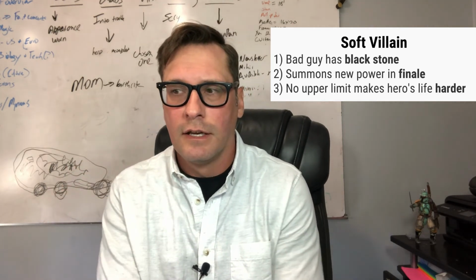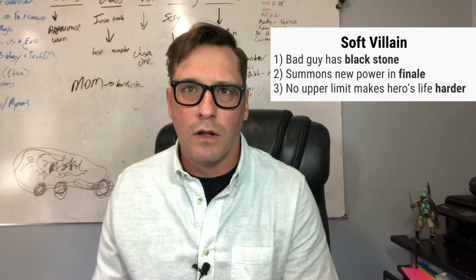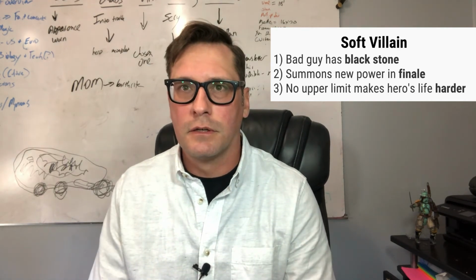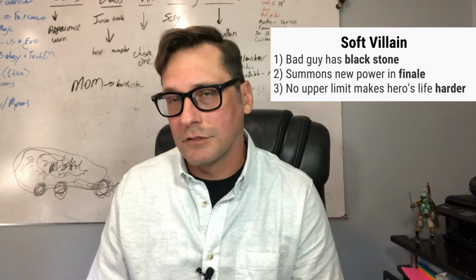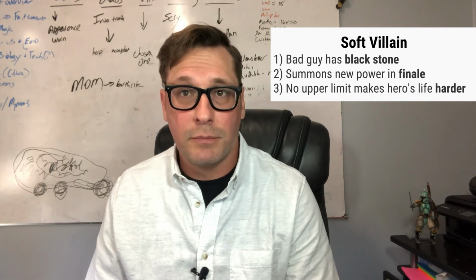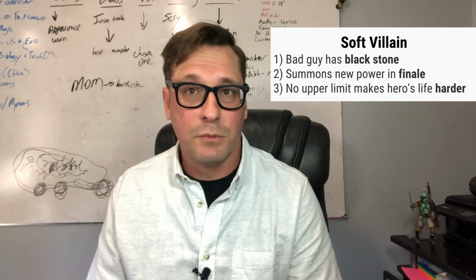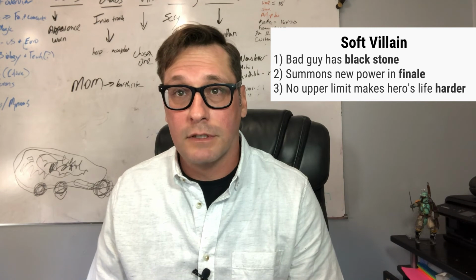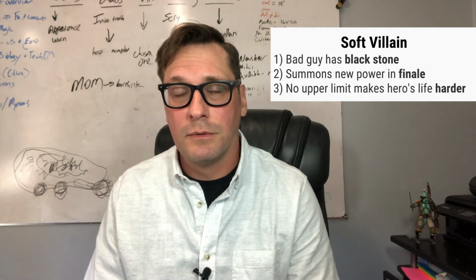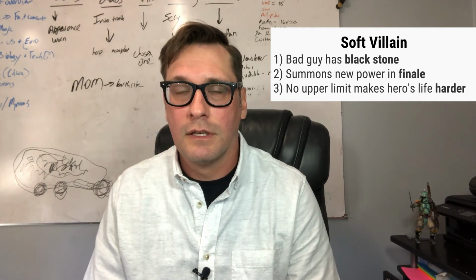So in the finale, the villain suddenly erects a wall of black stone around the hero to trap them in, where they can't escape. So we're going to make that the soft villain. Again, it's all appearance based, not so much what he can do or understanding what the villain can do. The villain can pull powers out of nowhere because it makes the hero's life more difficult.